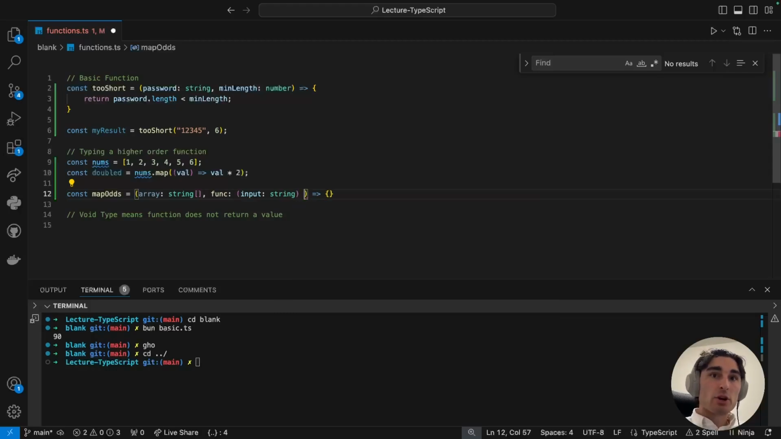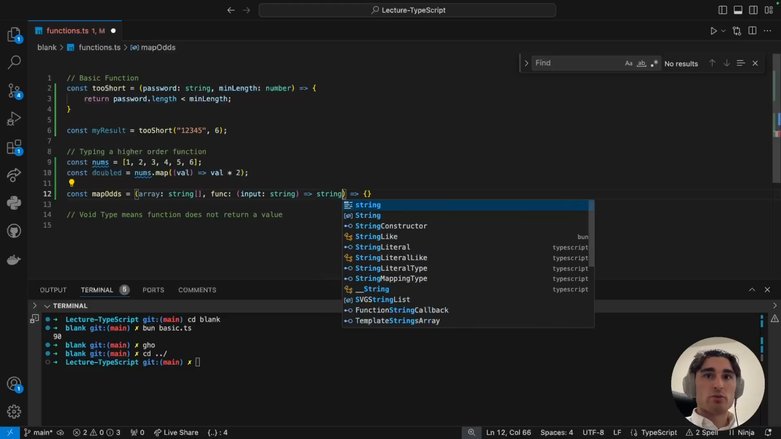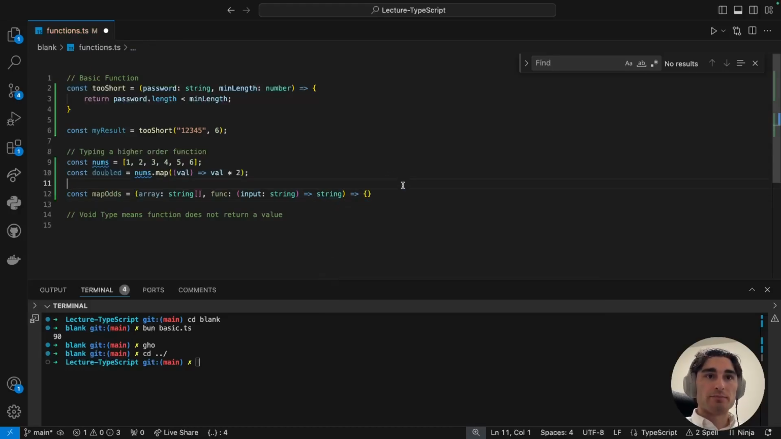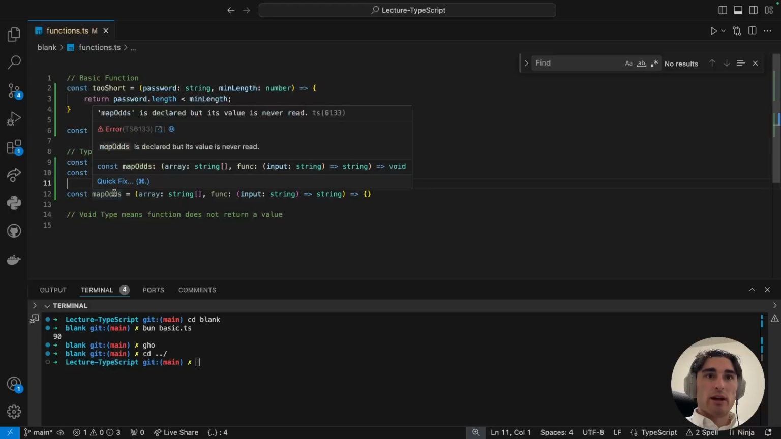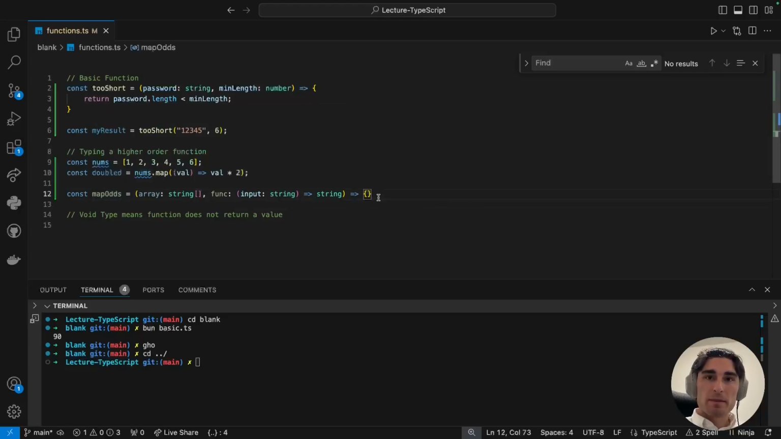And then for the return type of the function, we use this arrow operator and say it's going to return a string. So if we hover over, we see it takes in a string array, takes in a function, and then we haven't said what we're returning yet. So let's actually write this function. We can do it all inline using some of the JavaScript tricks we learned before. We can return